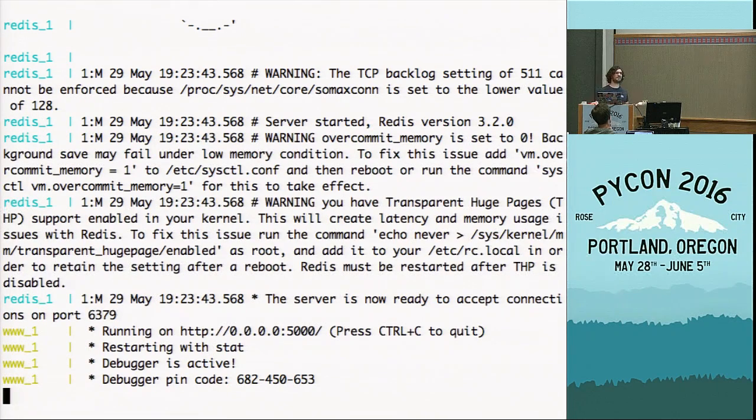So when I have a complex stack, like a web front end, an API backend, Redis, Postgres, and maybe even Elasticsearch and a bunch of things, I can have all that in my compose file. And when I do docker compose up, it will build all the containers that rely on code and start all those containers, and they will all be on their local private network talking to each other,